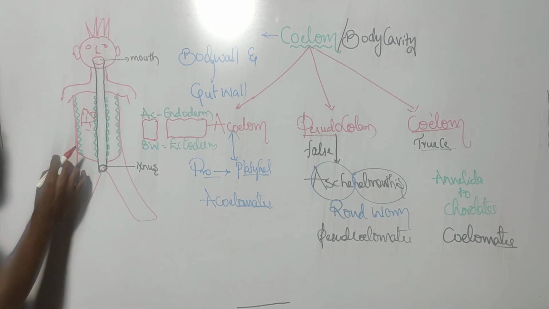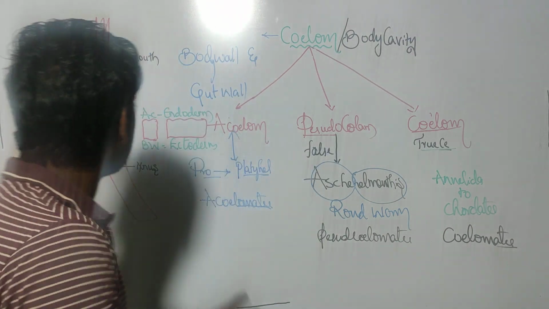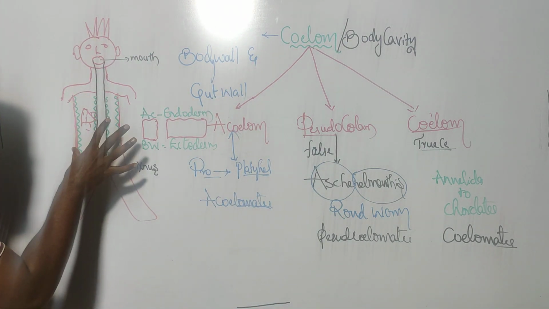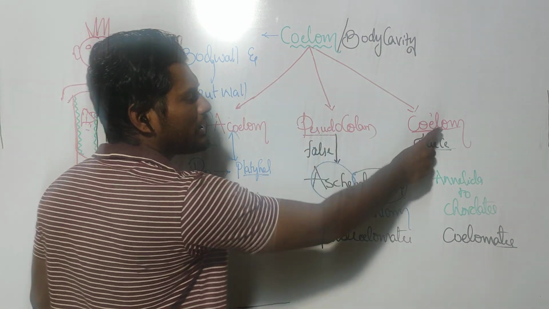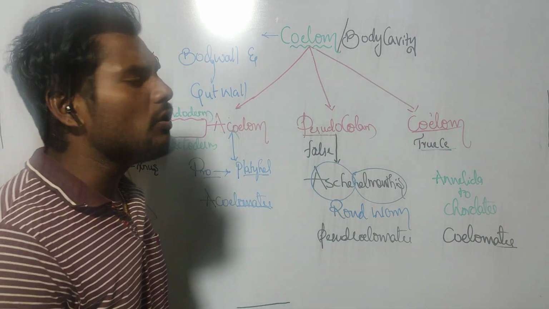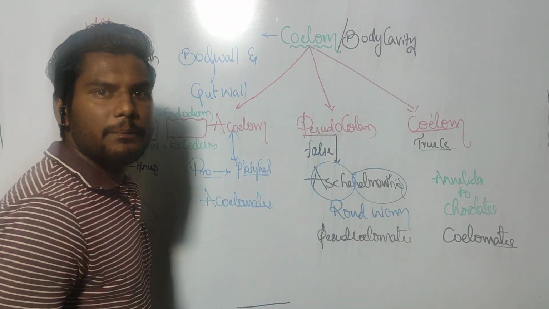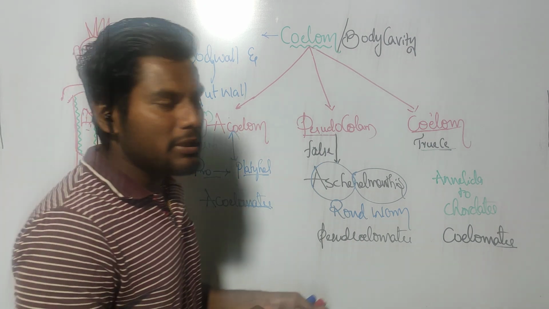Here the liver is present, and all this is the fluid we can say, which is known as the coelomic fluid. Such a type of coelom, where mesoderm is in contact with the endoderm and ectoderm, we've seen from Annelida to Chordata. If you go for the pseudocoelom, in these animals,